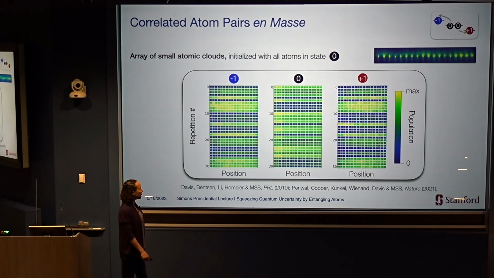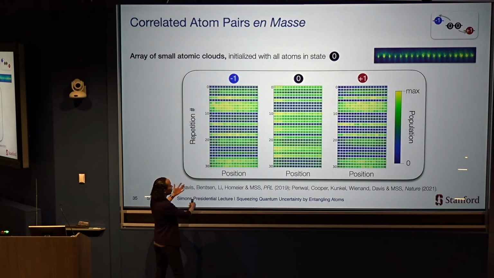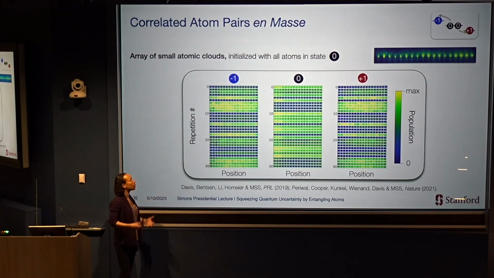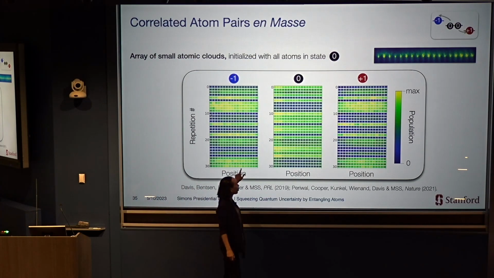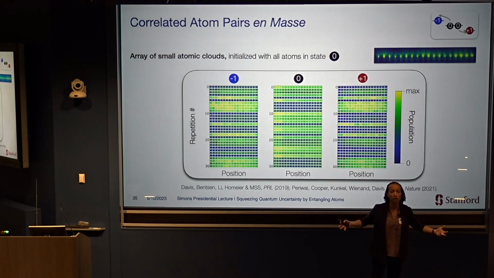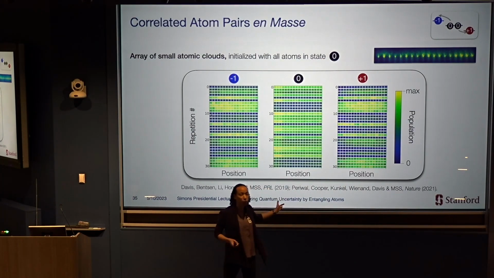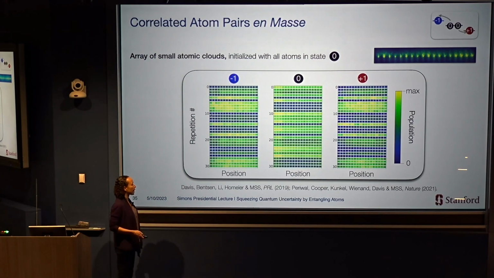And so what you'll see is there's some fluctuations in how many atoms are in the 0 state versus +1 and -1. That's some of the randomness inherent in this quantum system. But you'll see correlations: if I have more atoms in -1, I also have more atoms in +1. So there's these sort of correlations within the randomness that seem suggestive of entanglement. It's not yet a proof of entanglement. I'll come back to that later. But that looks like sort of the right thing is happening in this system.